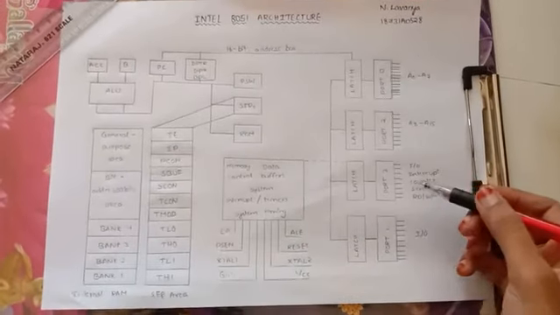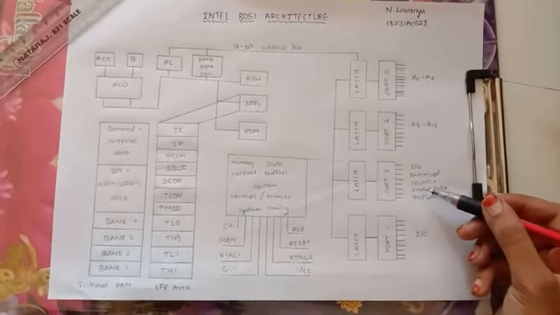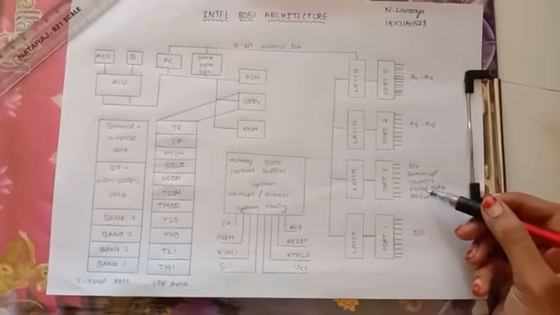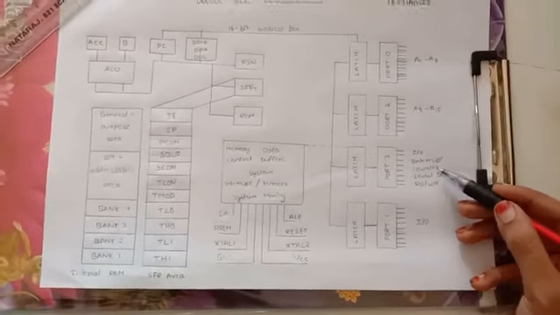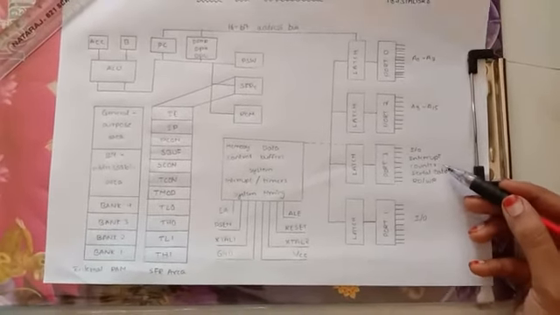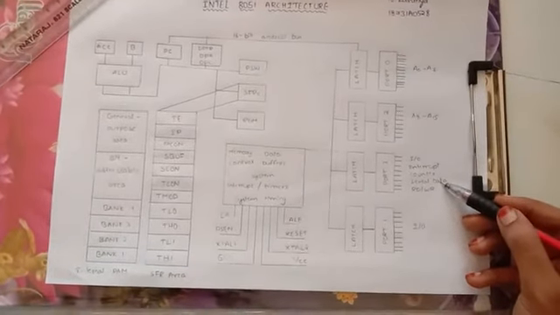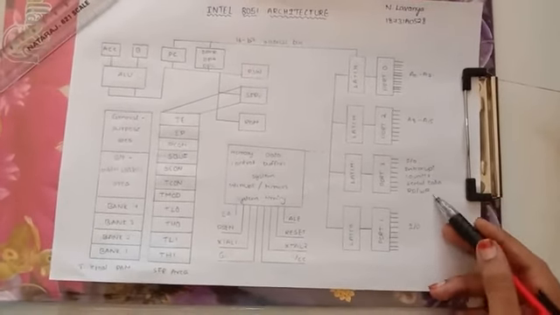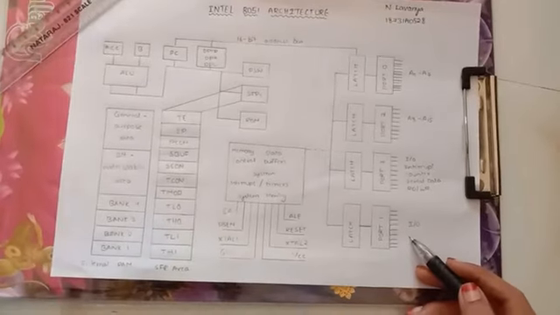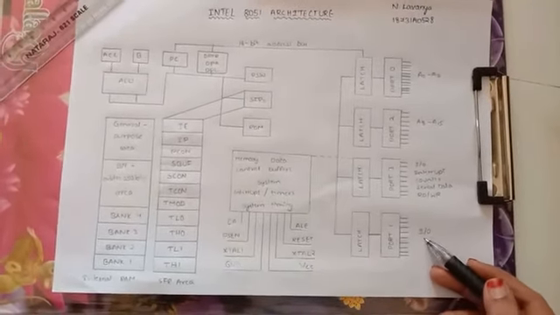And next, port 3. Port 3 can be used for special purposes. Each port 3 bit is specially controlled for one operation. This is I/O, input and output. This is the interrupt controller, this is for counter purposes, and this is for serial data transmission. It is serial data transmission in full duplex, then read or write purpose. Then port 1 is completely allocated for data transmission of input and output devices.